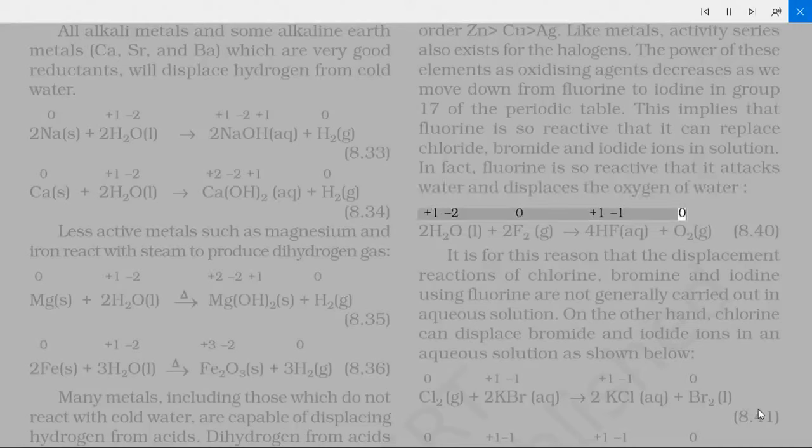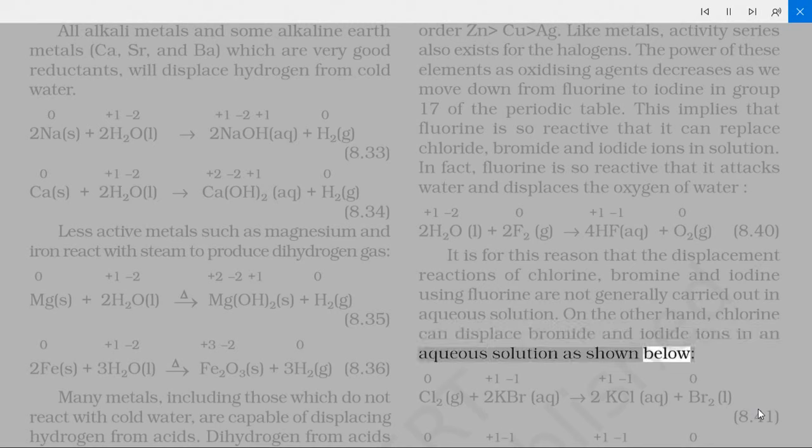2H2O(l) + 2F2(g) → 4HF(aq) + O2(g) (8.40). It is for this reason that the displacement reactions of chlorine, bromine and iodine using fluorine are not generally carried out in aqueous solution. On the other hand, chlorine can displace bromide and iodide ions in an aqueous solution as shown below,